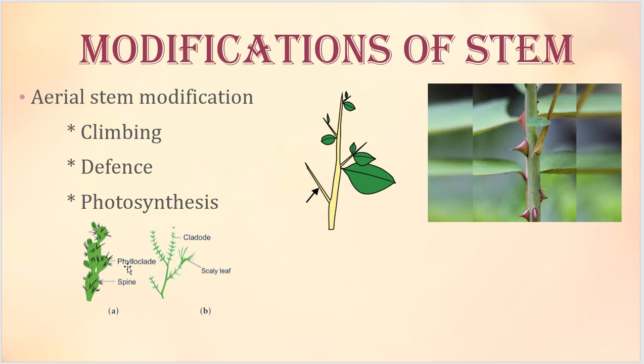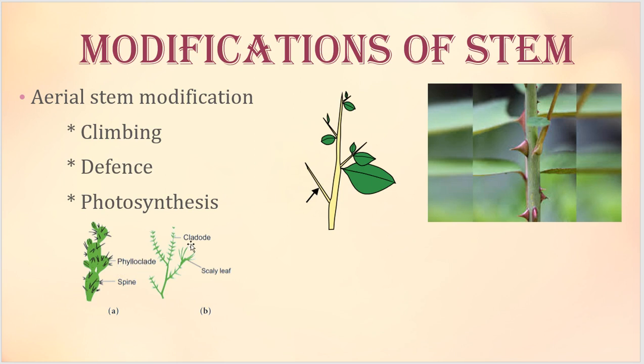The first one is phylloclad. When we talk about phylloclad, the definition would be, if the stem is modified into a leaf-like structure, then we must call it a cladode. A cladode is a stem which is modified into a leaf-like structure. I hope you are taking notes. Cladode is a stem which is modified into a leaf-like structure. What is a phylloclad? A branch. If a branch is modified into a leaf-like structure, then it is phylloclad. So a phylloclad is a branch and a cladode is a stem.